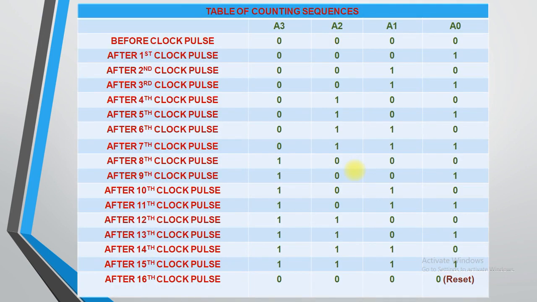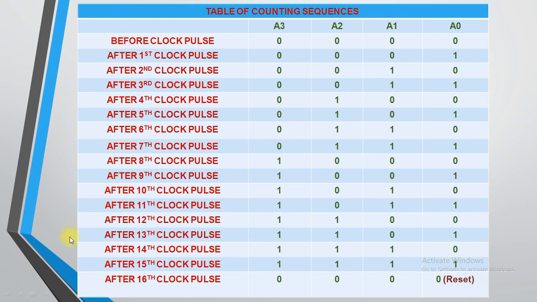Here is the truth table, which is very easy. Don't get confused. What you need to do is write A0 to A3 in this way. Now see, you can write 4 bits of data, or 4 bits of combinations. How to write 4 bits of information? 0101 in the last column, 0011 in the second last column, 4 times 0 and 4 times 1 in the third column, and the first column contains 8 times 0 and 8 times 1.